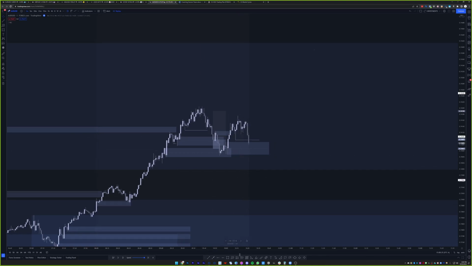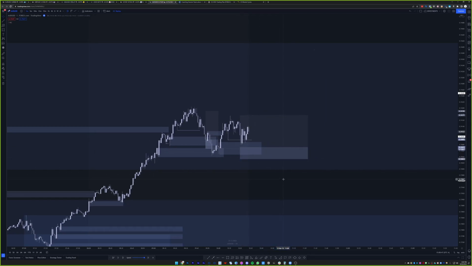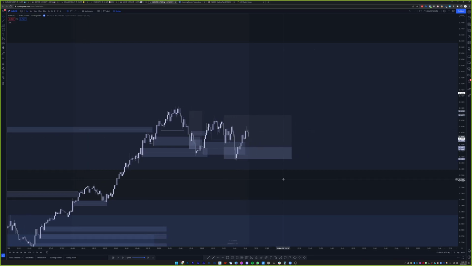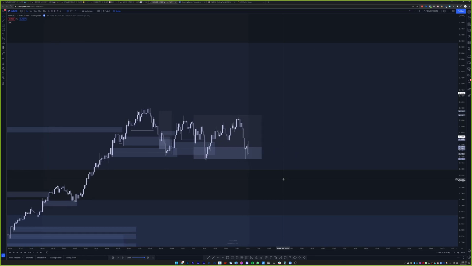How about this one? What do we have? We have this sweep. I'm gonna cover this low though. We have this and this. Let's see if we can get a better fill actually. I'll take that. Okay, we're in. Okay, and another loss. See if it even runs from here. I wonder if our bias is right.